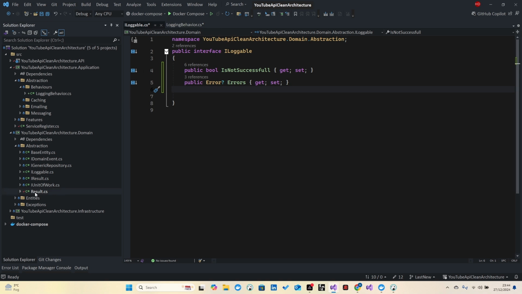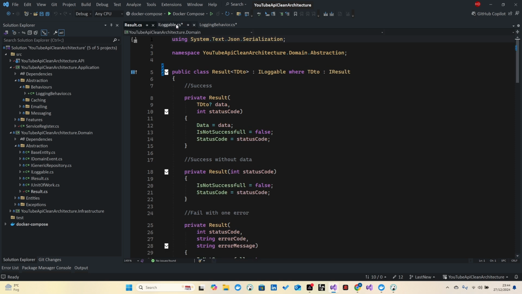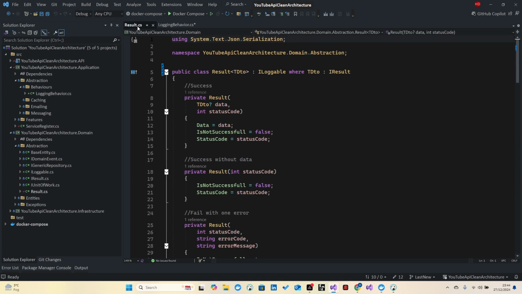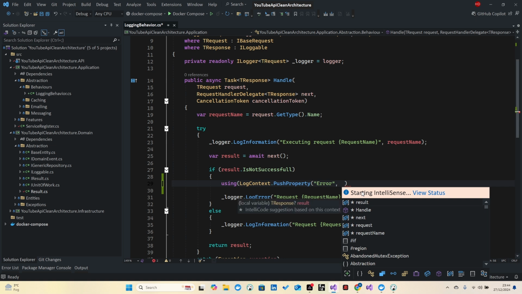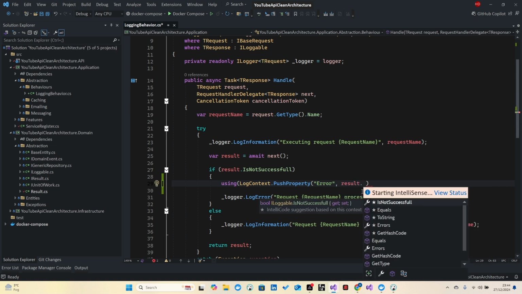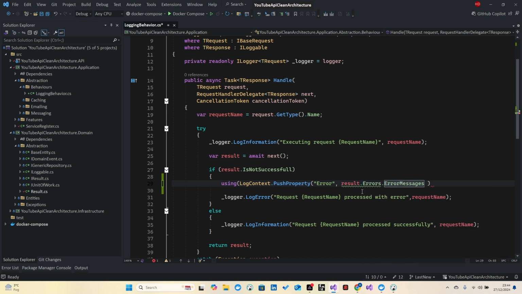Is there any problem on result? It means we don't have any problem. Three references. Perfect. Let's close everything. So I'm going to get result dot errors dot error messages. I think it's going to be alright,